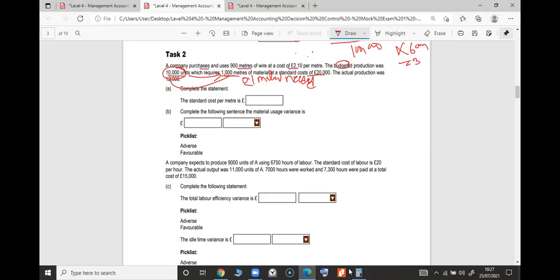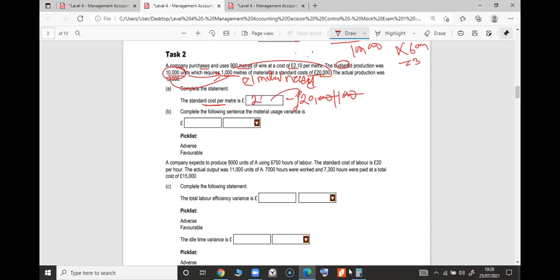And at a standard cost. I see that you people are getting the standard cost per unit or per meter; maybe the question asked standard cost per meter. Then 20,000 divided by 1,000, you can get your answer. It could be cost per meter, it could be cost per unit. If it is cost per meter, 20,000 is the cost, divided by 1,000 meter. So 30 gone, 20 should be the right answer.